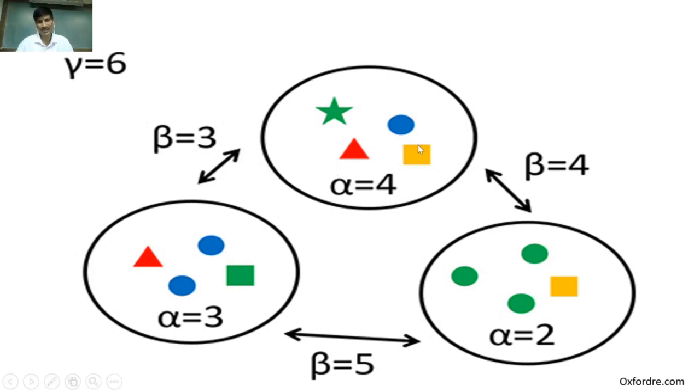Similarly, for sites 2 and 3, the beta value is 4, and for sites 1 and 3, the beta value is 5, because a different type of animal is found in that site. Therefore, each value is considered: we go through the alpha value, the beta value, and the gamma value. Then we go through all 3 sites, and what is the gamma value of gamma taxonomy